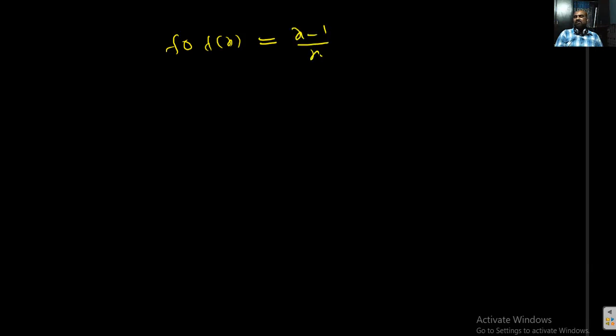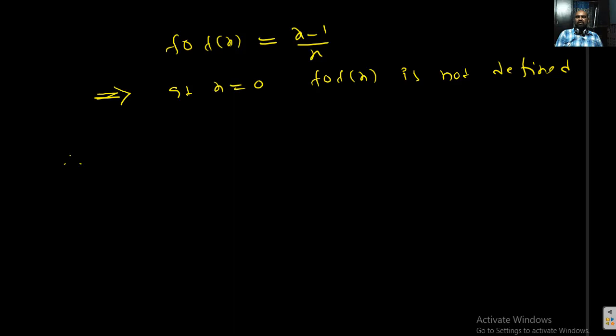Clearly you can say that at x equal to 0, f circle f of x is not defined, which means at x equal to 0, f circle f is not continuous. Not defined means not continuous at x equal to 0 also. Already f is not continuous at x equal to 1, f circle f is not continuous at x equal to 0, therefore at x equal to 1 comma 0 f circle f is discontinuous.